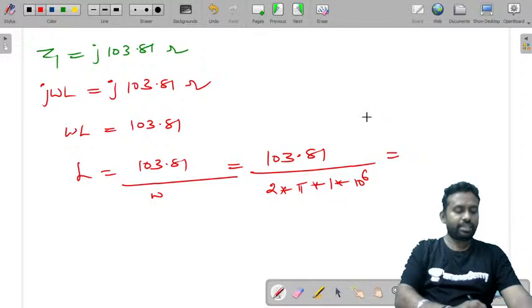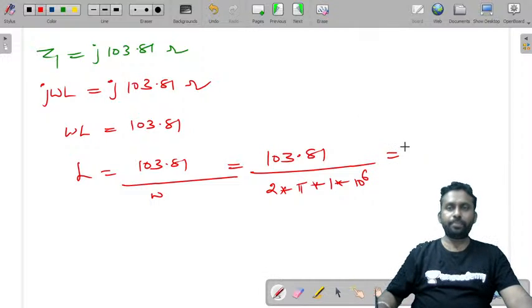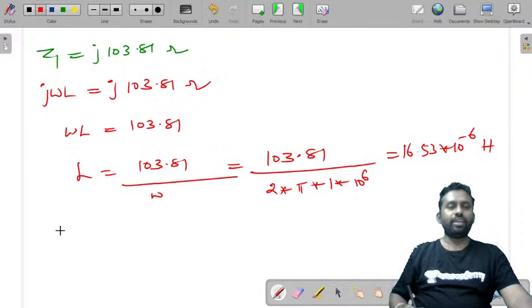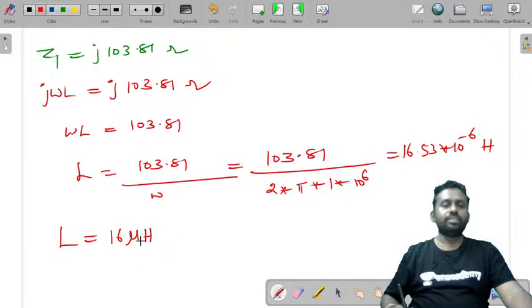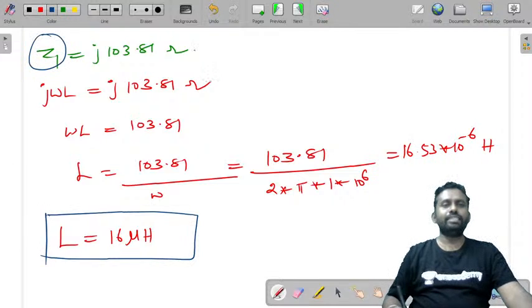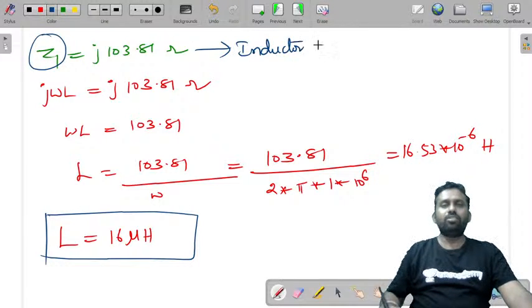Let me check. We'll try to calculate this. It is 2 into pi into, so 6.28, so it is 16.53 into 10 power minus 6 Henry, or L is equal to 16 micro Henry, or 16.52 micro Henry. So this is the value of L, that is, Z1 is an inductor of value L is equal to 16.52